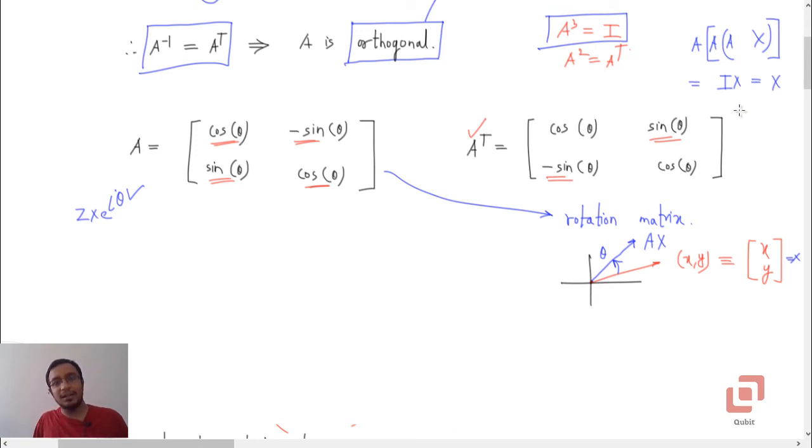Okay, this clearly suggests three solutions. Solution number one, if theta is equal to 0, then what you are getting is the identity matrix itself. So it really doesn't matter how many times you apply A on our position vector x, it is always going to end up getting the same vector. So this is one solution, theta equal to 0, and this gives us the identity matrix of order 2.